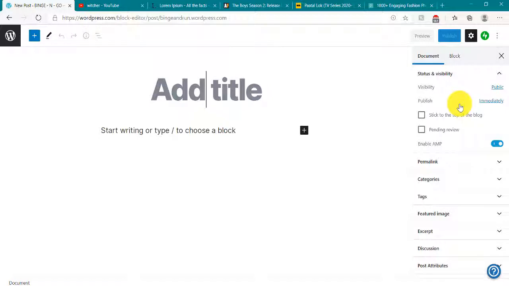This is the blog post screen where you will be writing your content. Now, as we can see, the first section is add a title. As we have discussed earlier, the title is one of the most crucial parts of a blog post. It is the first thing that a person will see when he searches for anything on Google, and an attractive title is very important so that people come and read your blog.